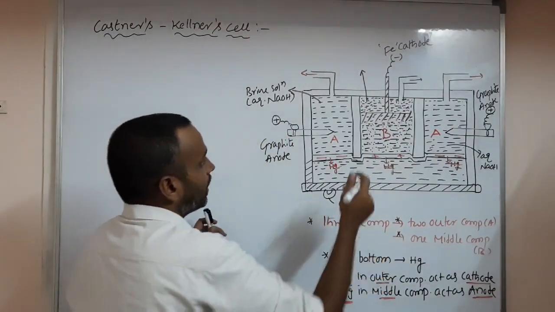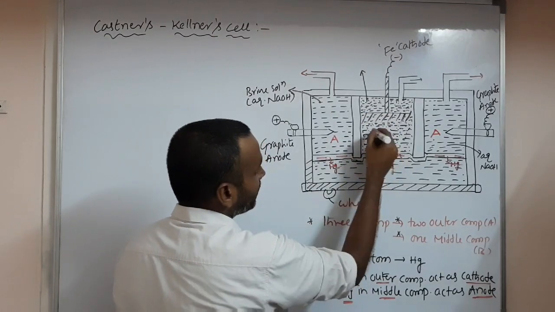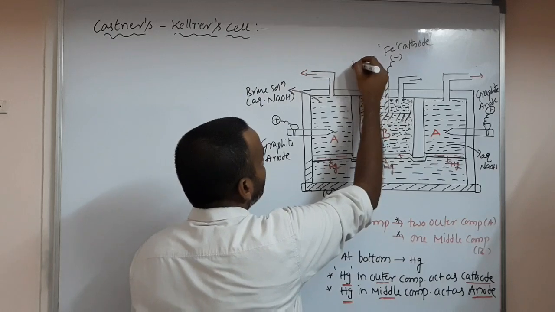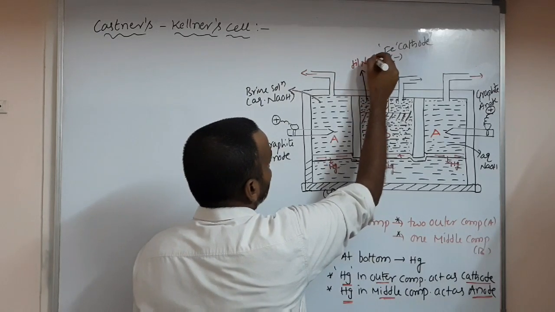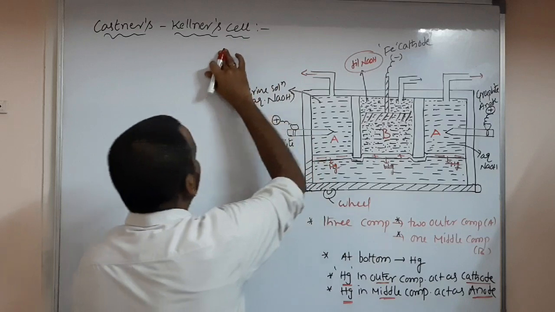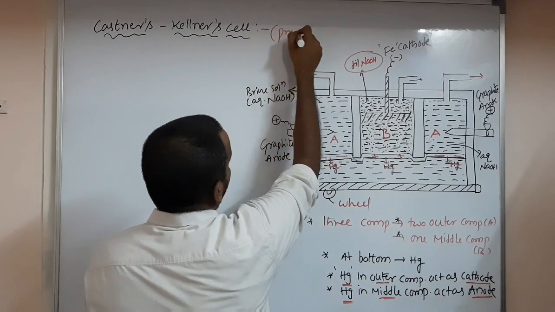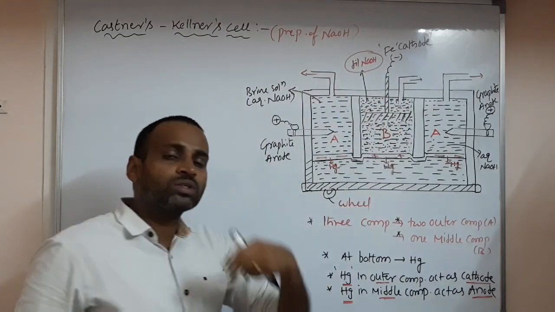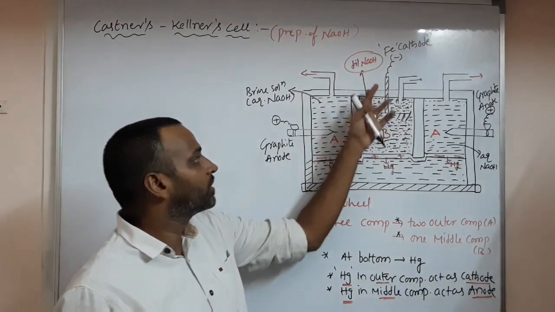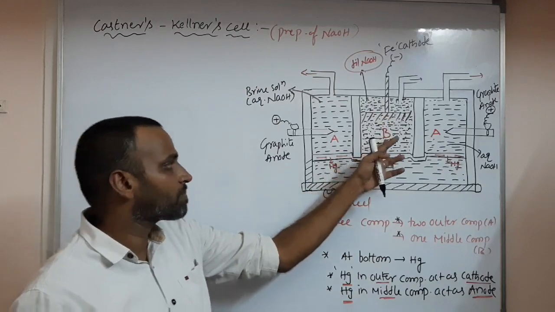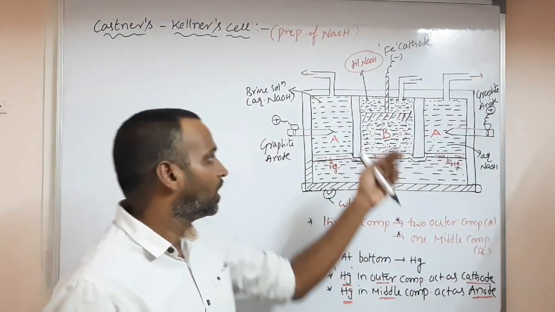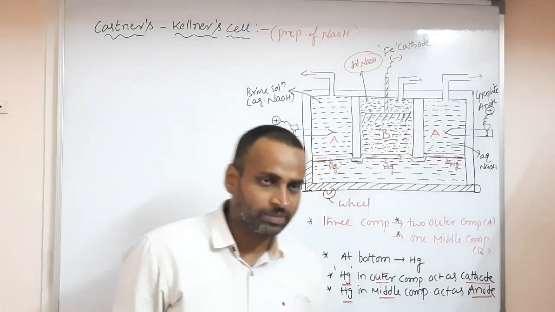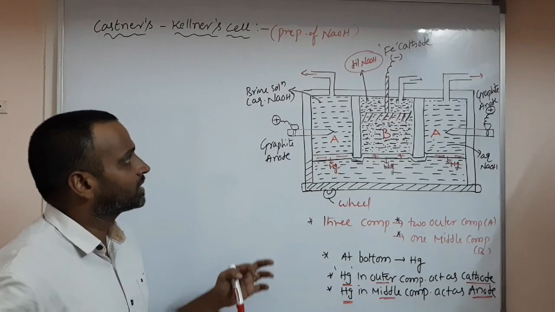Okay. So here in the middle compartment something is shown differently, with some dots like this. This is dilute NaOH. See, you observed or not? We are preparing sodium hydroxide. This is the preparation of sodium hydroxide. We are preparing concentrated sodium hydroxide, but we have taken dilute sodium hydroxide here. Means mostly water only is present. Dilute means water or not? Tell me. Yeah. So this is about the apparatus.